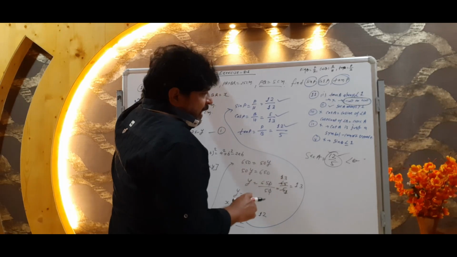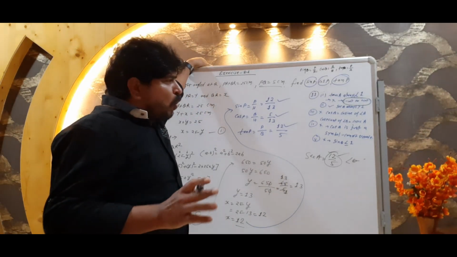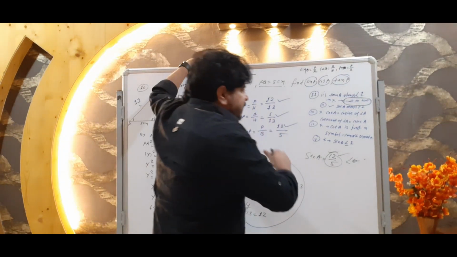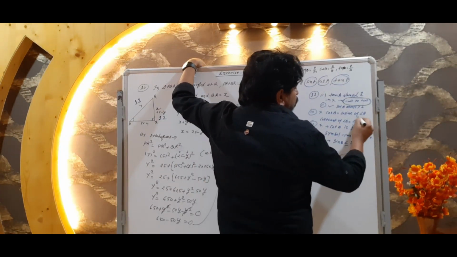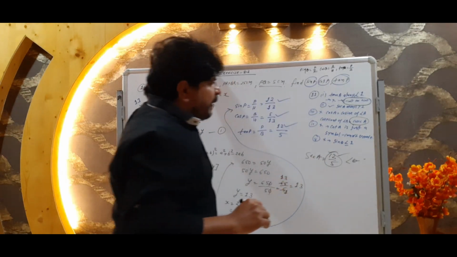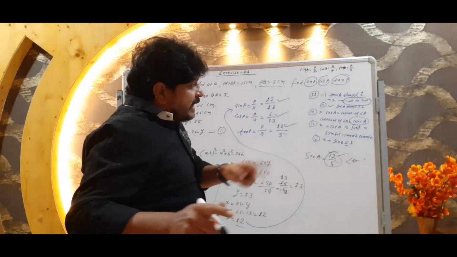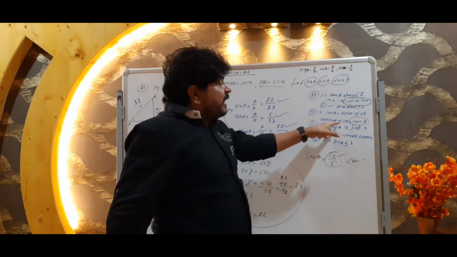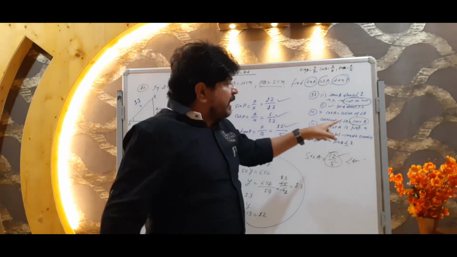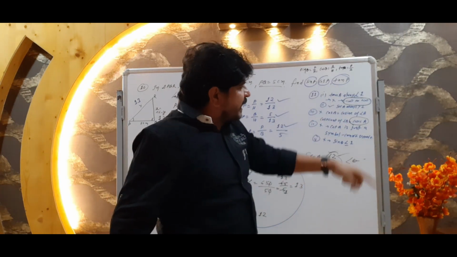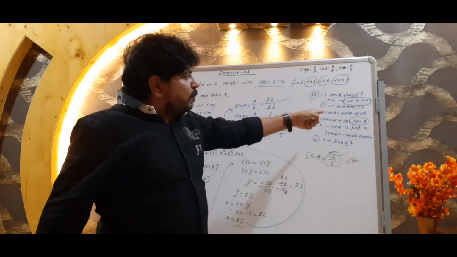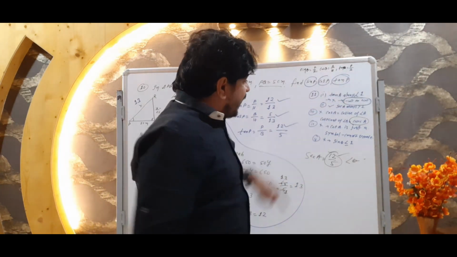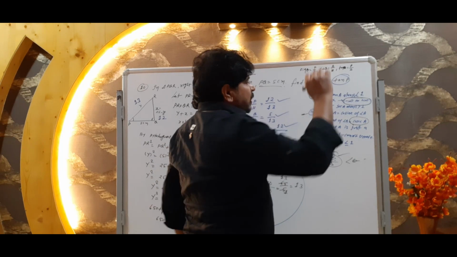See, cos A we use for cosine of angle A, and cosecant of angle A we use for cosec A. In that statement he is telling that cosecant of angle A we can use for cos A. That's why it is wrong, because cosecant of angle A is written as cosec A, and for cos A we have to use cosine of angle A. That's why this third statement is wrong.